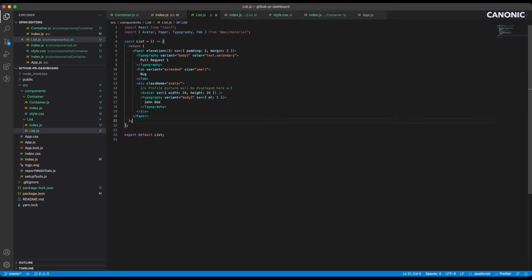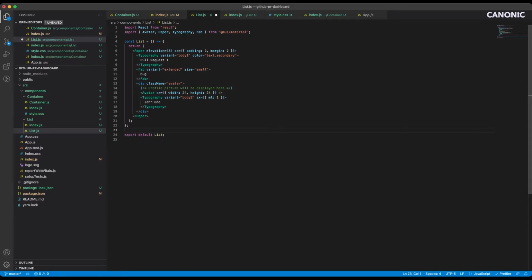Let's add the code here. We'll be using the paper element from Material UI. It's going to give our cards a bit of elevation, a bit of shadow. Then basic components of Material UI, which are going to be used for showing the name of the pull request, the title of it. It'll show all the labels attached to it, and the display picture of the person that created the PR, along with his name. All of this data is dummy right now. We'll be getting it from the backend after we build a skeleton.